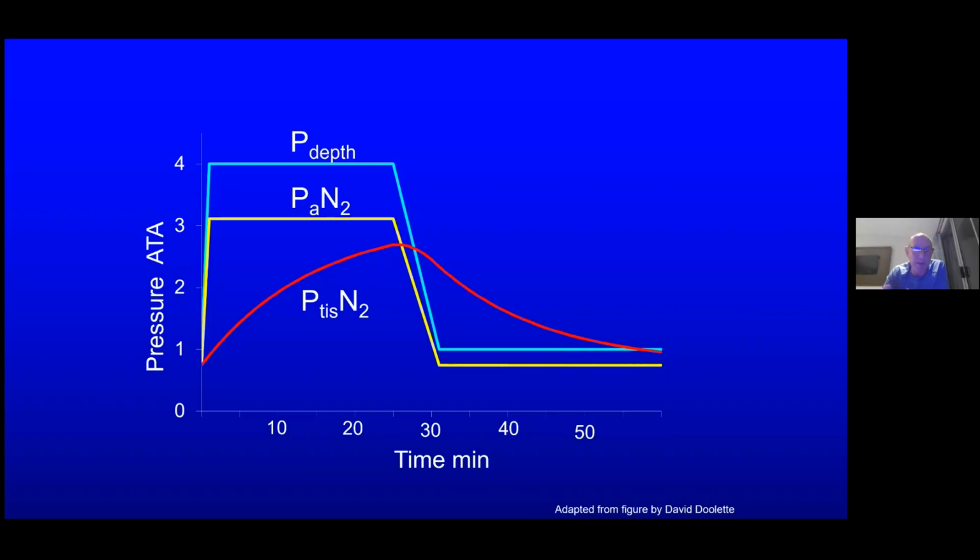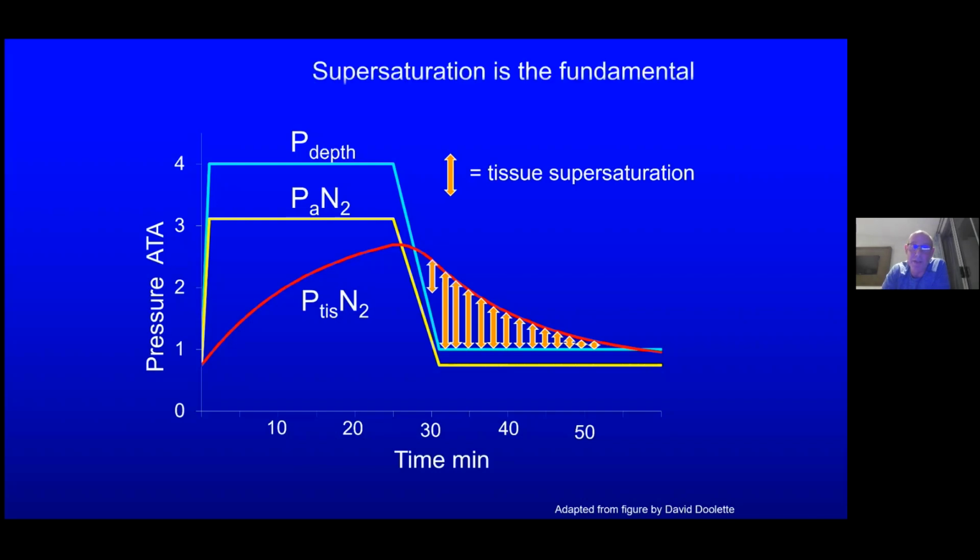And then gas gets washed into the tissues in the body. And depending on how much blood flow they get, tissues do this at different rates. But a tissue will accumulate nitrogen over the course of the dive, more slowly than the pressure increases, obviously. And then the same thing happens during decompression. So we come to the surface and the depth decreases back to 0, the arterial pressure of nitrogen decreases, and the tissue unloads nitrogen. However, there's this period where the pressure of nitrogen in the tissue exceeds the ambient pressure, and we call that supersaturation, and that is the fundamental condition for bubbles to form from dissolved inert gas.